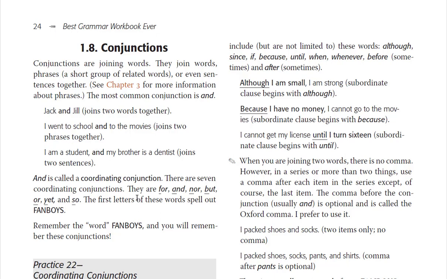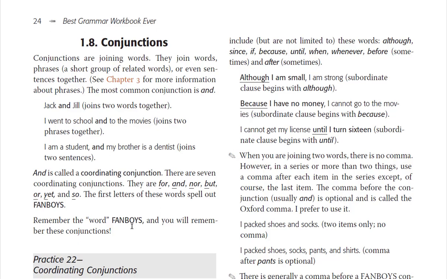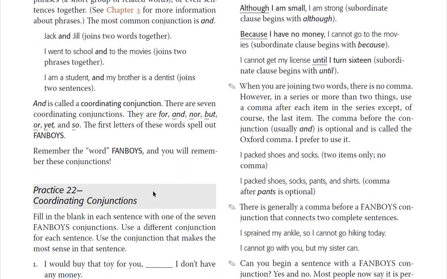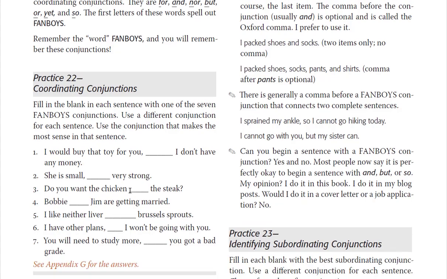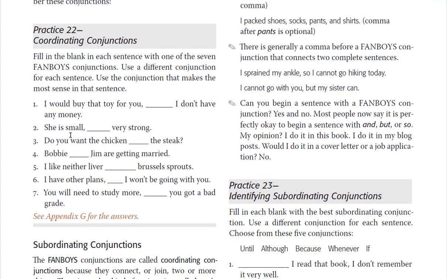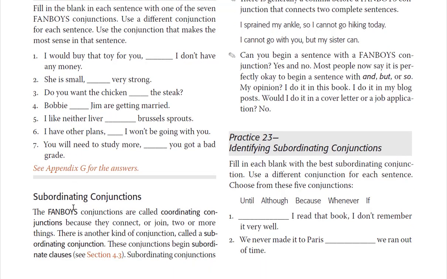And when fanboys puts two sentences together, fanboys is known as a coordinating conjunction. When a coordinating conjunction puts two sentences together, that's known as a compound sentence. And when you have a compound sentence, both sentences have equal significance. Subordinating conjunctions. While fanboys conjunctions make up compound sentences, sort of like she is small, but he